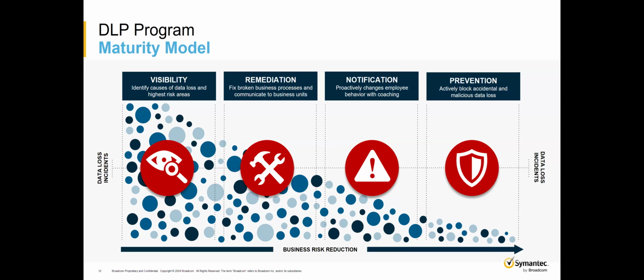Onto remediation, you would then begin deploying those procedures and addressing broken business processes. Here it is important to give business units a chance to improve their processes before you start the next phase, which is